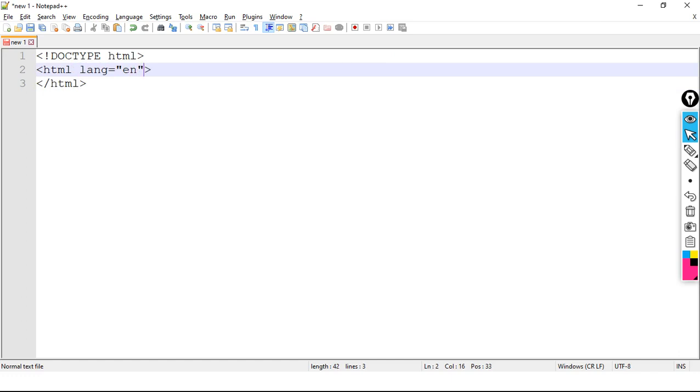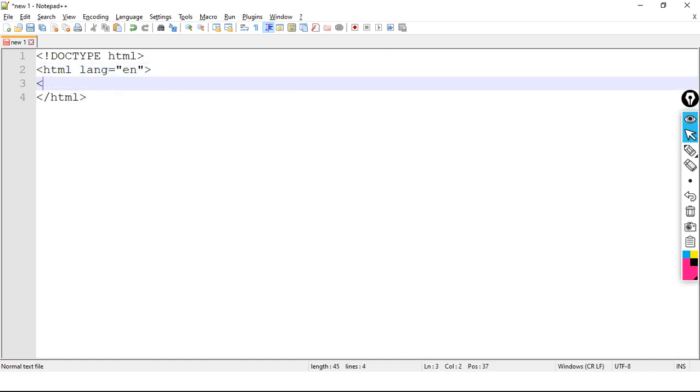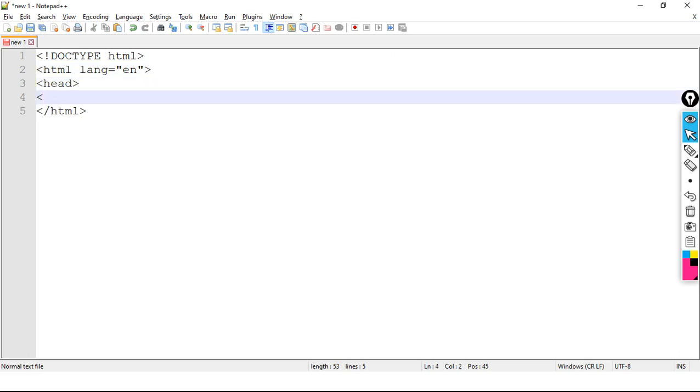Okay, and now we are going to write the head section. In the head section we will write our title, we are learning anchor tag. Now let me close the title.